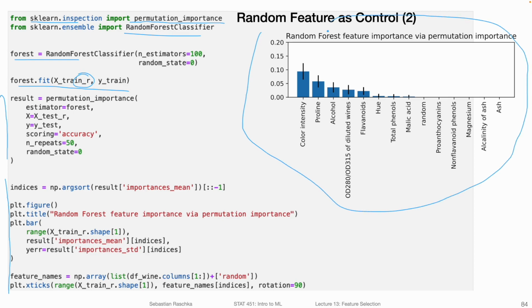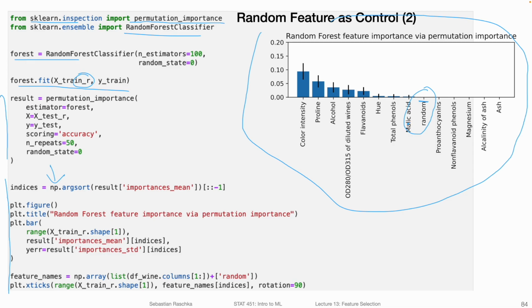So the result of executing this code here below, which I don't necessarily need to discuss in detail because it's the same as before. What you can see now is that we have this additional random column. Here it's not very interesting because it's 0. Actually, that's what we might expect.